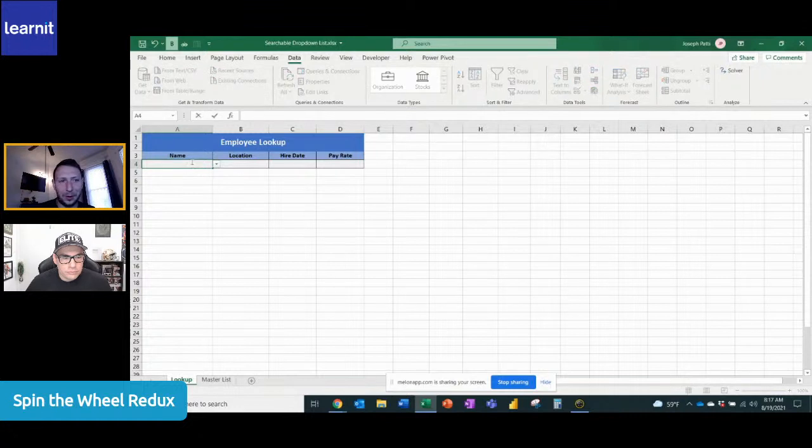Or if I want to do Mark, M-A, it's going to show me everyone that has M-A in their name. And there you go. But I want to also get the information. We haven't done that yet. The drop down works perfectly. But now I want to pull their information here: their location, their hire date, their pay rate. So in order to do this, we're going to use something that we've done before on this